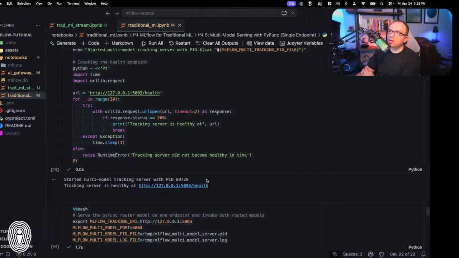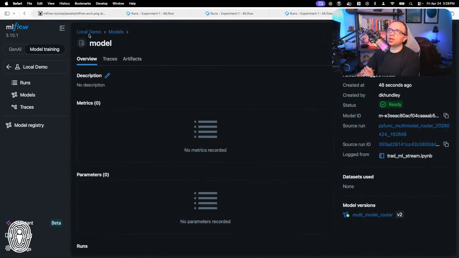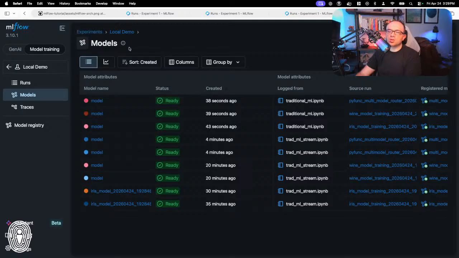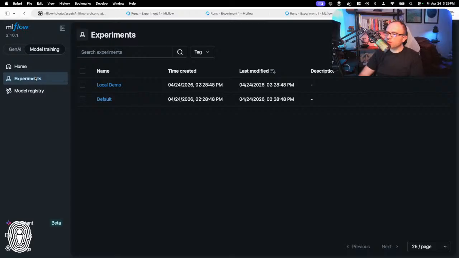Okay, so let's wrap things up here really quick to talk through what we covered today. So again, this is the MLflow UI. We have everything that rolls up to experiments. Experiments are not necessarily what you think they are. It makes sense in the context of hyperparameter tuning. The term experiment in general is rather ambiguous, but in MLflow, it is easiest to think of it as a collection of runs.